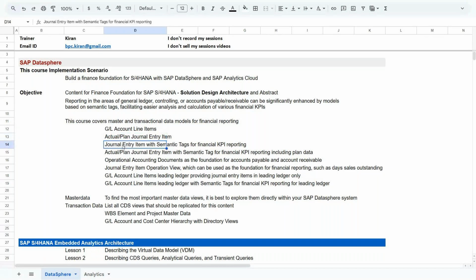So they developed, we can understand how they developed the semantic tagging for GL account, how the GL account and CM, both are two different fields, how they are joining these two to use it in the financial KPI reporting, we will understand. So actual plan journal entry item with semantic tags